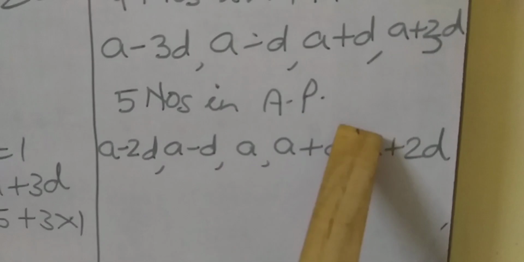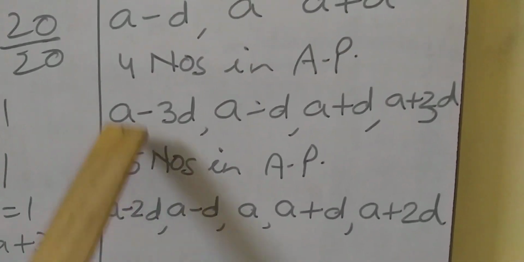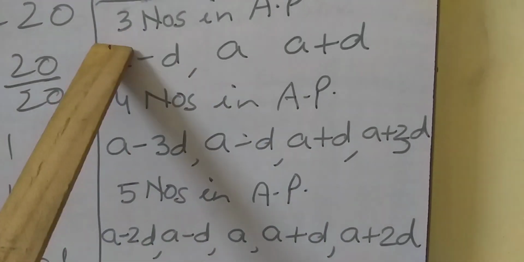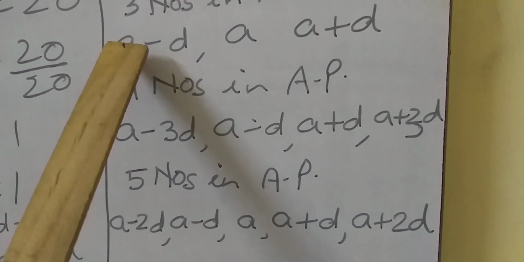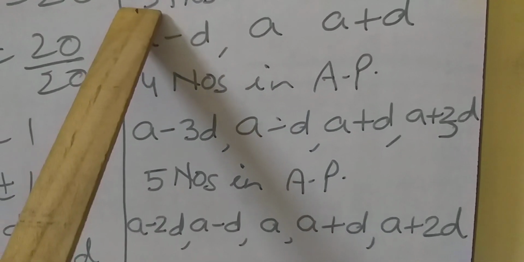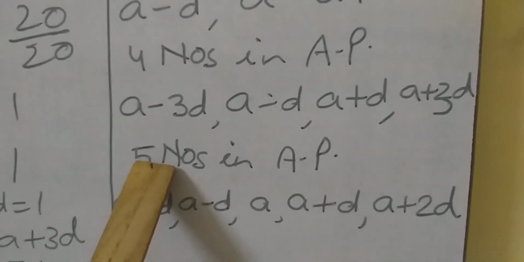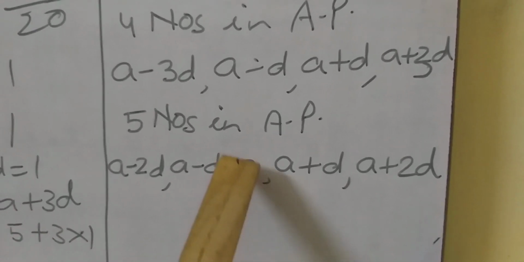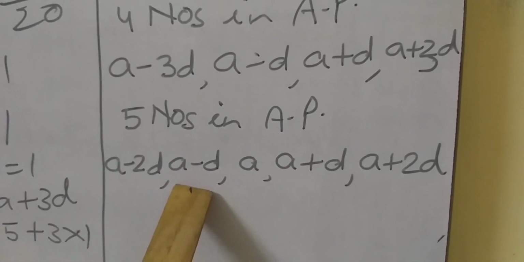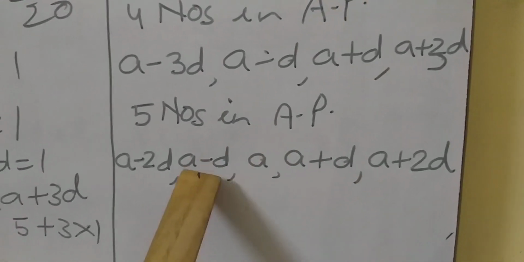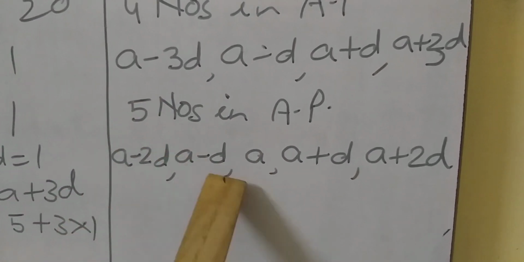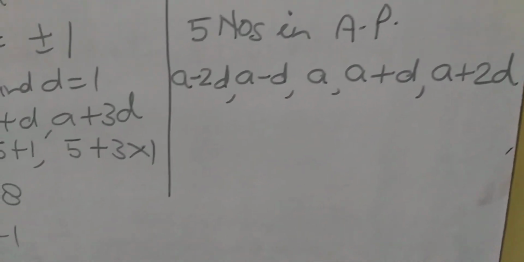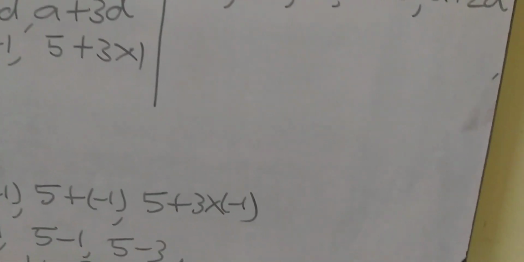When 5 numbers are in AP, it is odd, student. So for odd number terms, we start from A. The same method as we do for 3 numbers will be applied here for 5 numbers. First write A, then the left term A minus D, then the right term A plus D, then again the left term, subtract D, A minus 2D, then add D, A plus 2D. Okay then, students, have a nice day.